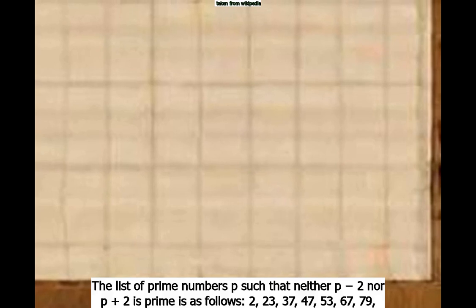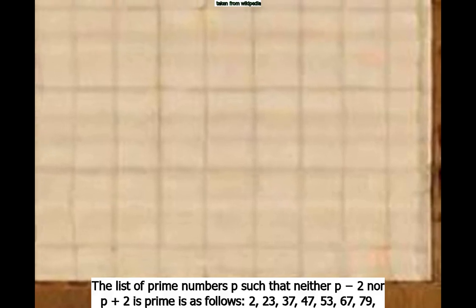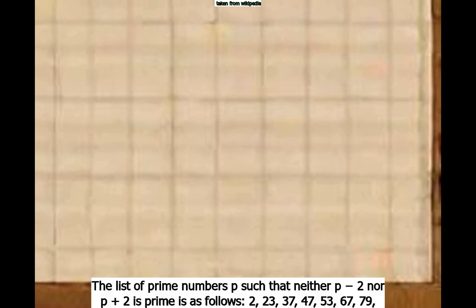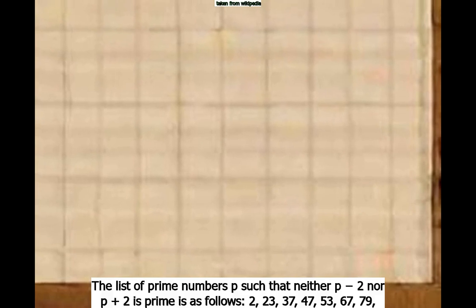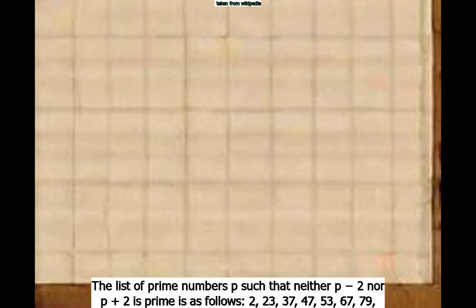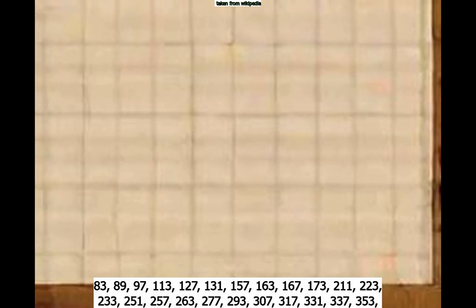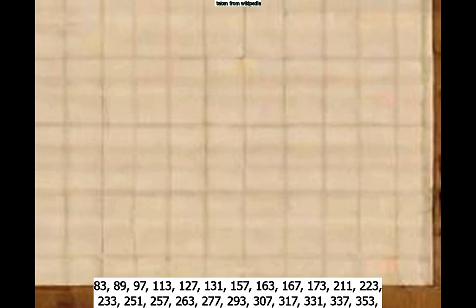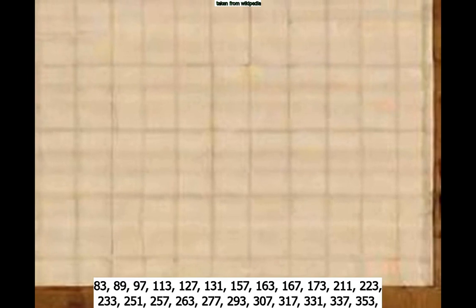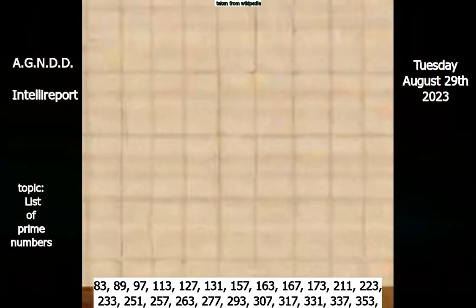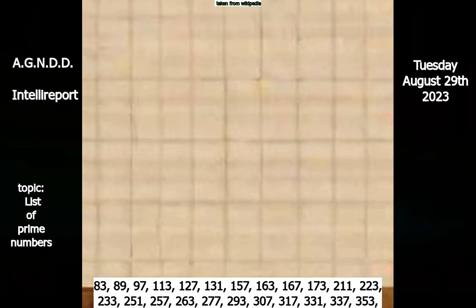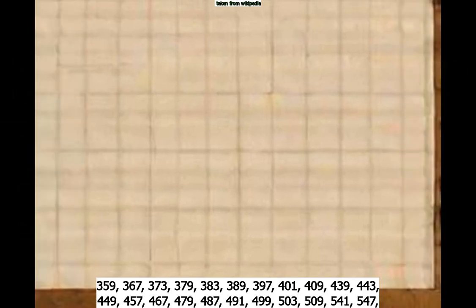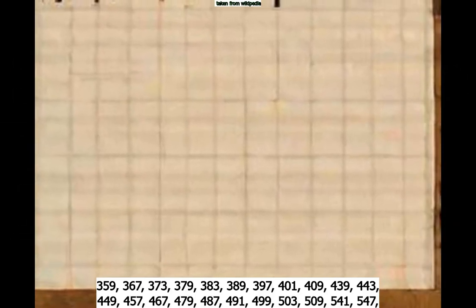The list of prime numbers p such that neither p minus 2 nor p plus 2 is prime is as follows: 2, 23, 37, 47, 53, 67, 79, 83, 89, 97, 113, 127, 131, 157, 163, 167, 173, 211, 223, 233, 251, 257, 263, 277, 293, 307, 317, 331, 337, 353, 359, 367, 373, 379, 383, 389, 397, 401,